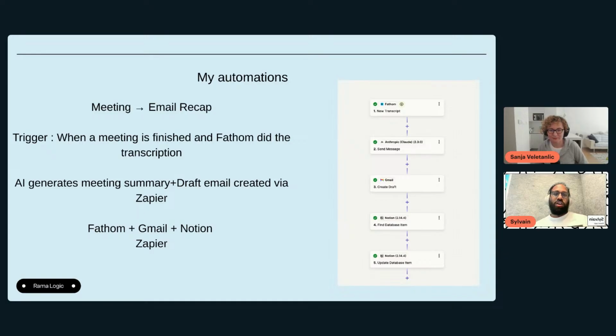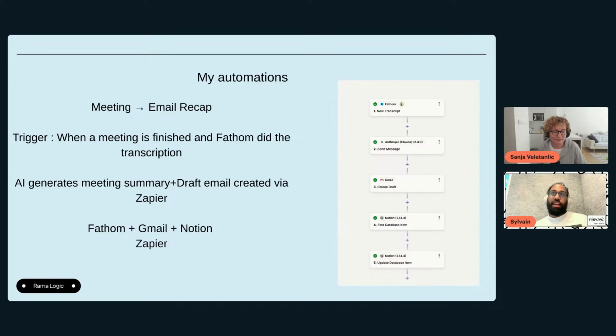Fathom is connected to your Google Meet and is like an AI companion. It will listen to everything you're talking about, and it will create a recap. So the thing is it creates a recap for me, but it was not that efficient for me, because I took the recap, put it in ChatGPT, and had another prompt to extract actions and a specific recap depending on the call.